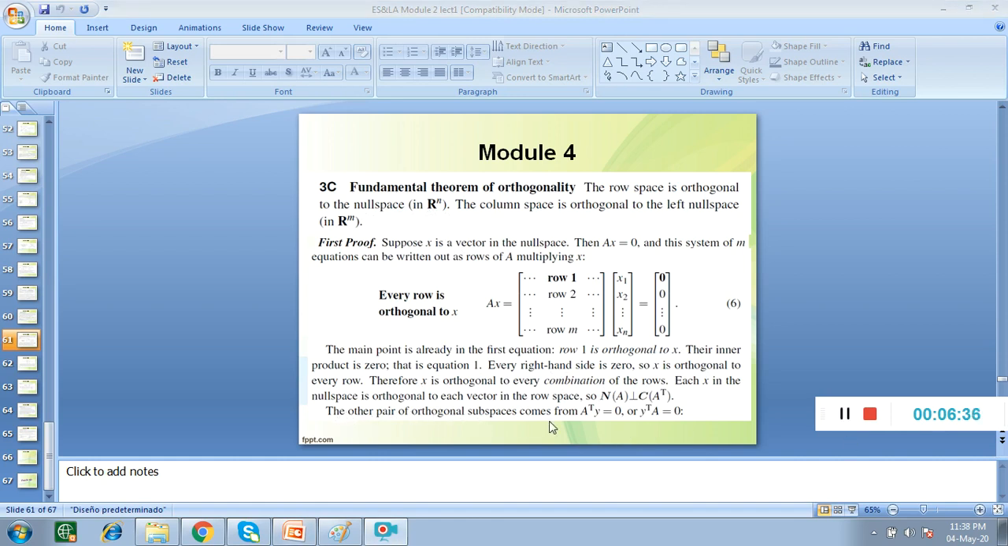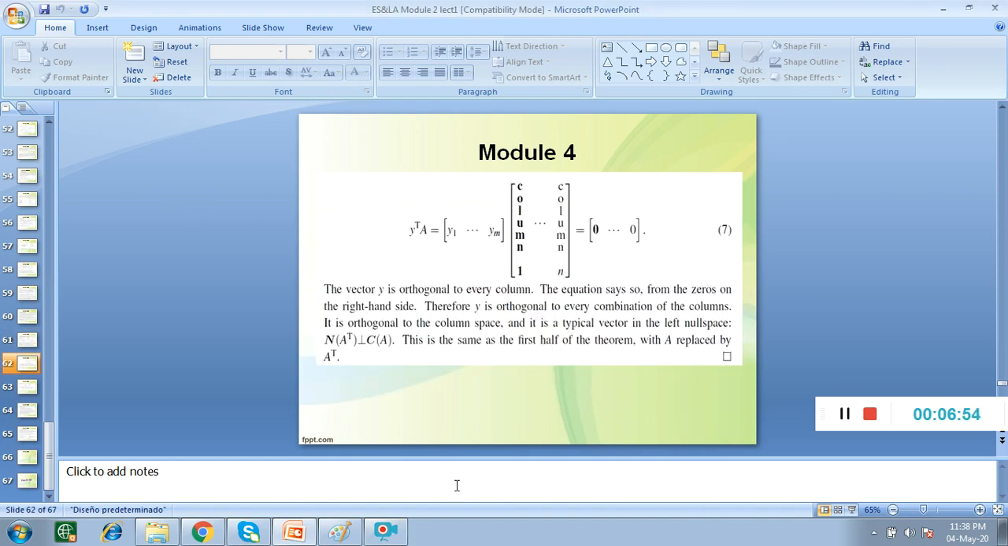This other definition is for this one. The column space is orthogonal to the left null space. To understand that, we know that A transpose Y is 0 and Y transpose A is 0. For that,